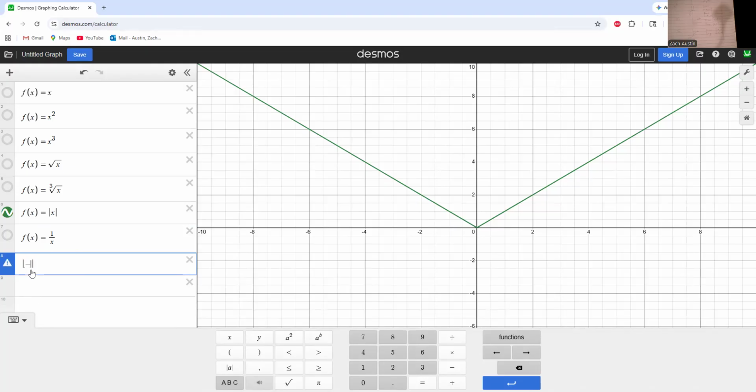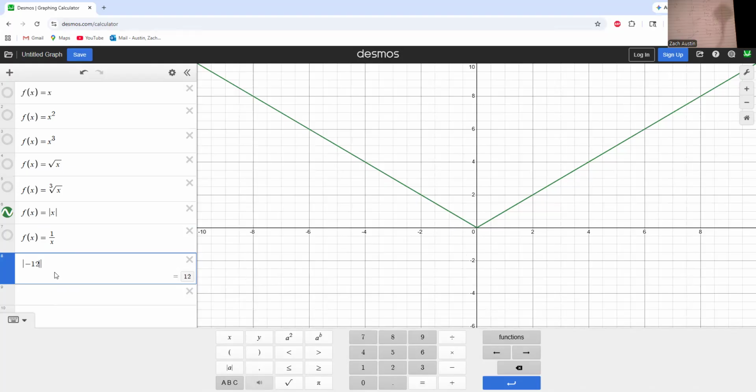But if you plug a negative number into it, like -5, what the absolute value does is it changes its sign. So the absolute value of -5 is +5. The absolute value of -12 is +12. And that's all that the absolute value function does. If you put a positive number into it, you can just drop the absolute values off. They don't do anything. If you put a negative into it, it just drops the negative sign and makes it positive. That's why this graph looks like this, and that's why this graph will never go below the x-axis. We can't get negative values out because if you put a negative number in,